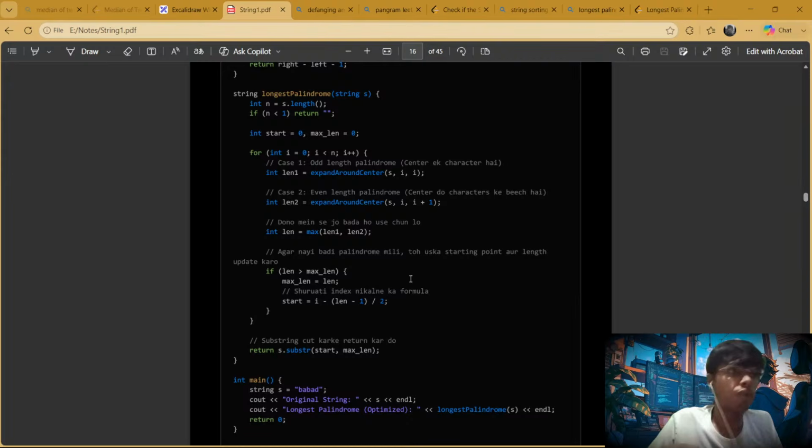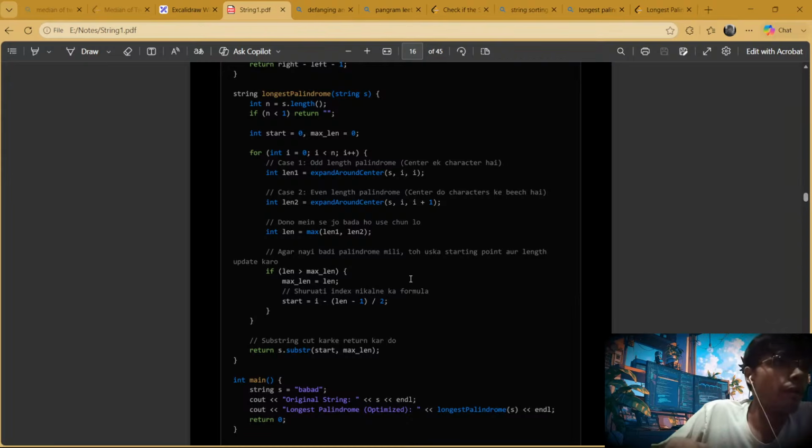तो अगर वो मैक्सिमम लेंथ से भी बड़ी है तो पहले तो उसको अपडेट कर दो। अपडेट करने के बाद स्टार्ट पॉइंट क्या होगा? जहां पे मैं खड़ा हूँ, मतलब जहां पे मेरा आई है, तो वो तो स्टार्टिंग पॉइंट है नहीं, उसके पीछे होगा स्टार्टिंग पॉइंट, क्योंकि लेफ्ट होगा मेरा स्टार्टिंग पॉइंट।